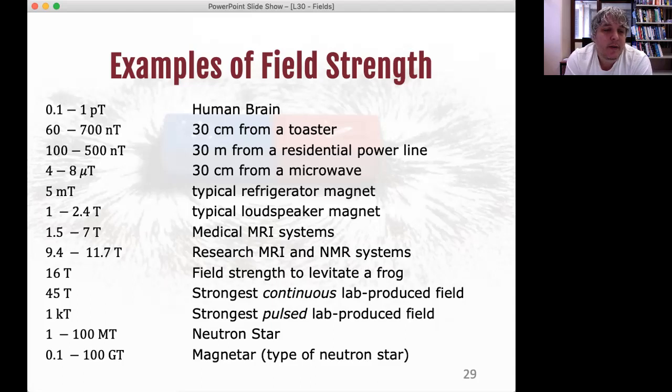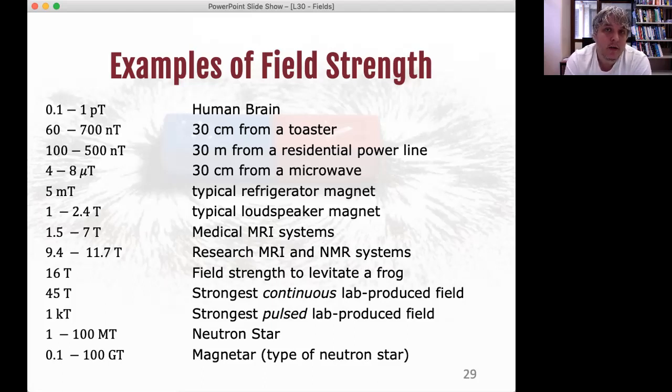Loudspeakers, speakers work using magnets. They use the magnet to make the cone vibrate, which causes the sound. And those are up in the whole teslas and so on. So you can read through all of that. The one I do want to point out is 16 Tesla, a couple more down. 16 Tesla, field strength to levitate a frog. The field strength to levitate a frog, that is how strong the magnetic field had to be to make a